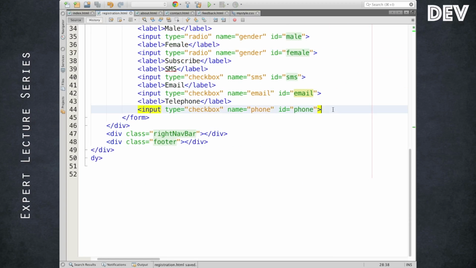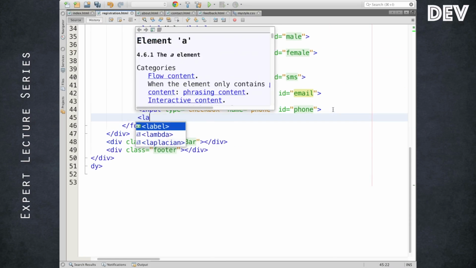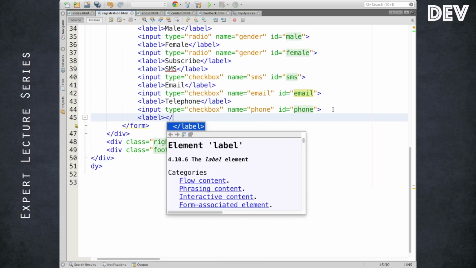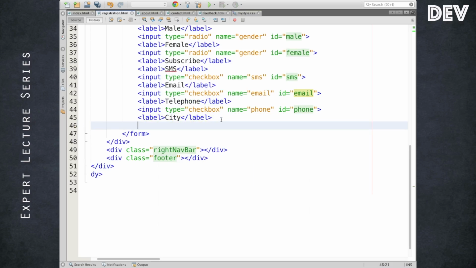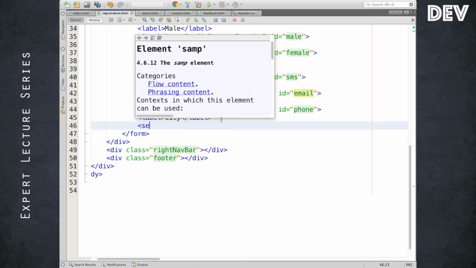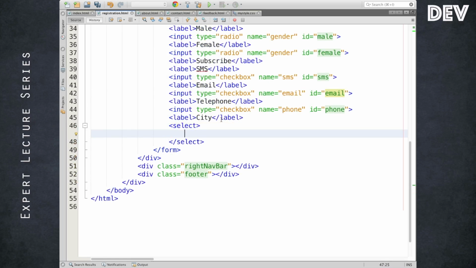Okay, one more form element. What else? The drop down we have, I hope. It is called select. By default we call it a drop down.